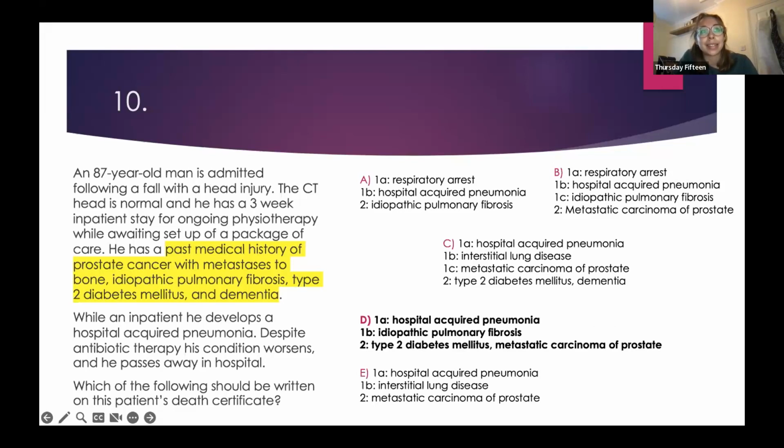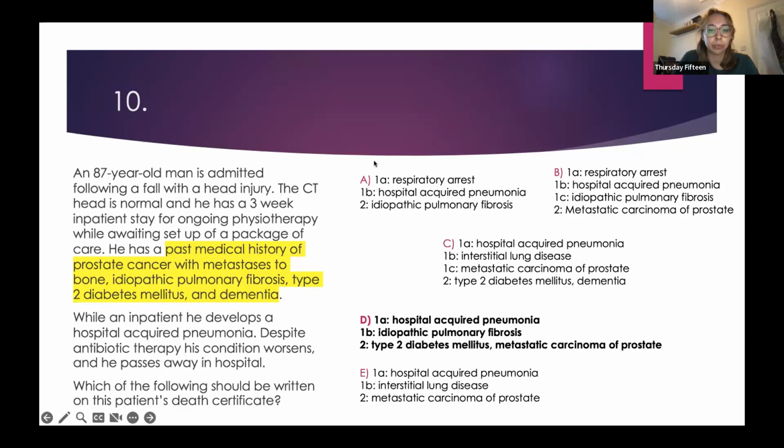C, we've written interstitial lung disease, which isn't very specific, and it might suggest the need for a coroner's referral, because ILD can be asbestos related, and then we need to refer to a coroner. So you need to be specific about the disease process that we're referring to. And it's also suggesting that the cancer led to the interstitial lung disease, which led to the HAP, so it's a bit confusing. D is the correct answer, and then E, we've written interstitial lung disease again, and there's no mention of his diabetes on here.